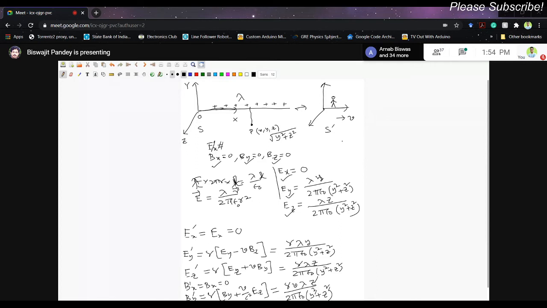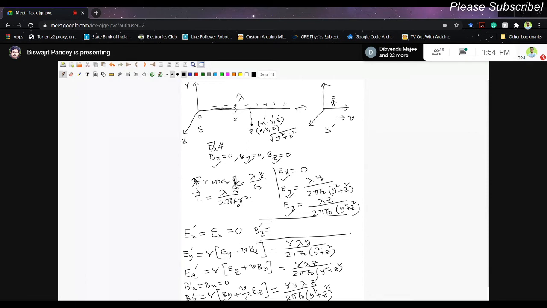So basically from this frame, when someone measures the coordinates, they will be x prime, y prime and z prime. Of course, x prime will be different because of the relative motion, but y prime and z prime will be the same. That's why we are able to write y equal to y prime and z equal to z prime. And similarly, I'm just writing the final expression, Bz prime will be